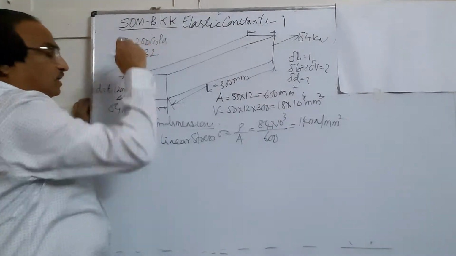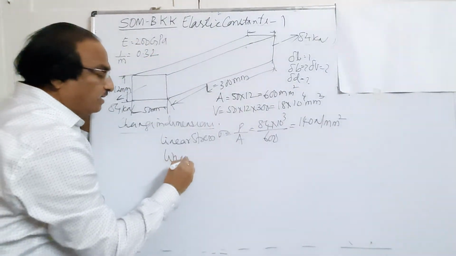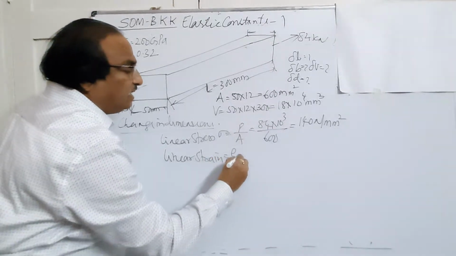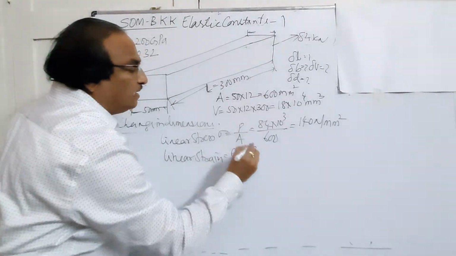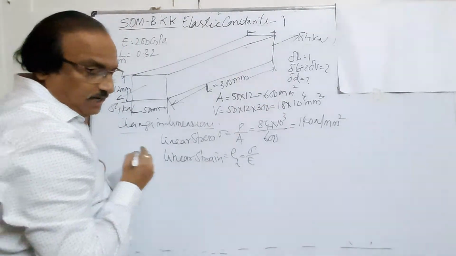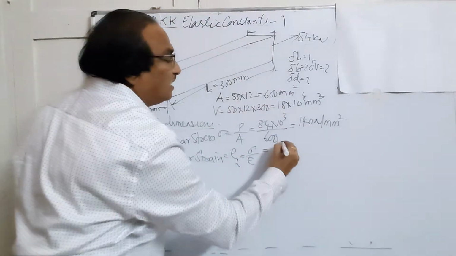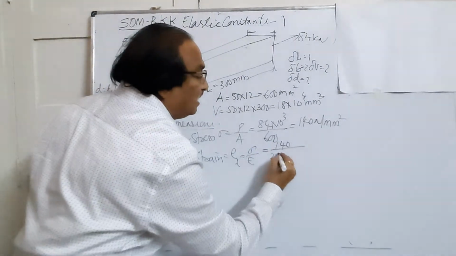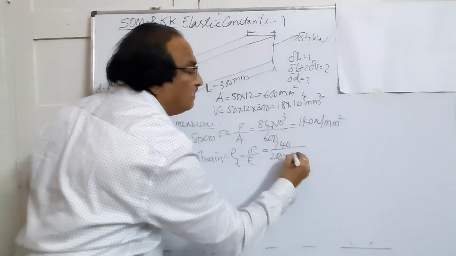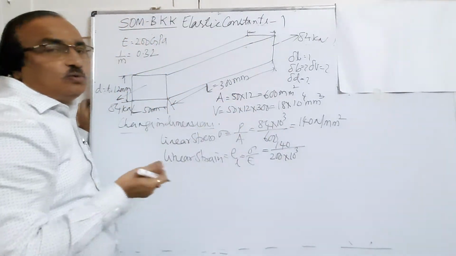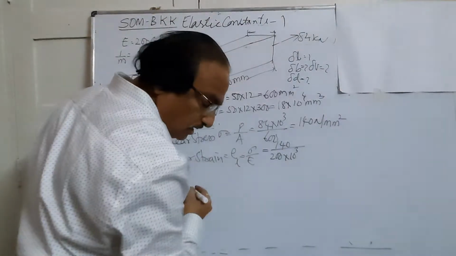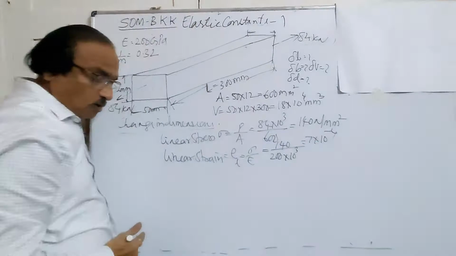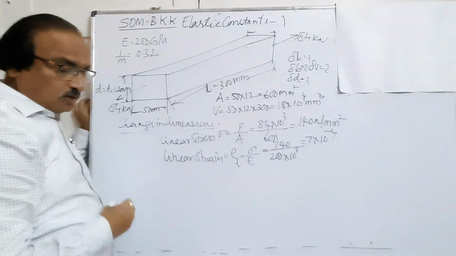You know Young's modulus, so I can find out linear strain. Linear strain means strain along the length. So this is EL, which will be equal to stress by Young's modulus. So this is equal to 140 divided by Young's modulus, which is 200 GPa. I have told you, just multiply it by 10 raised to 3 to convert GPa into Newton per mm square. You get this value as 7 into 10 to the power of minus 4. It has got no unit.